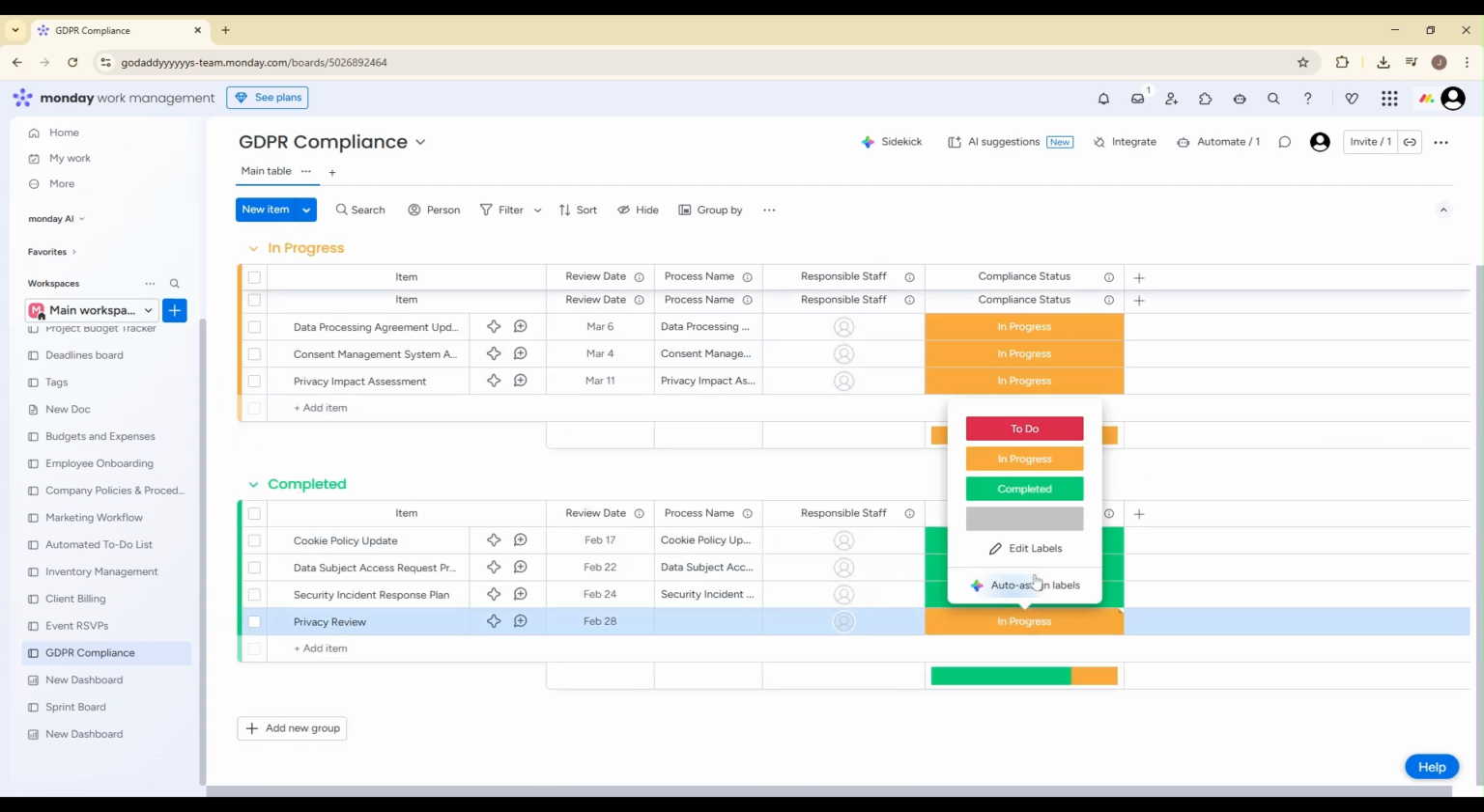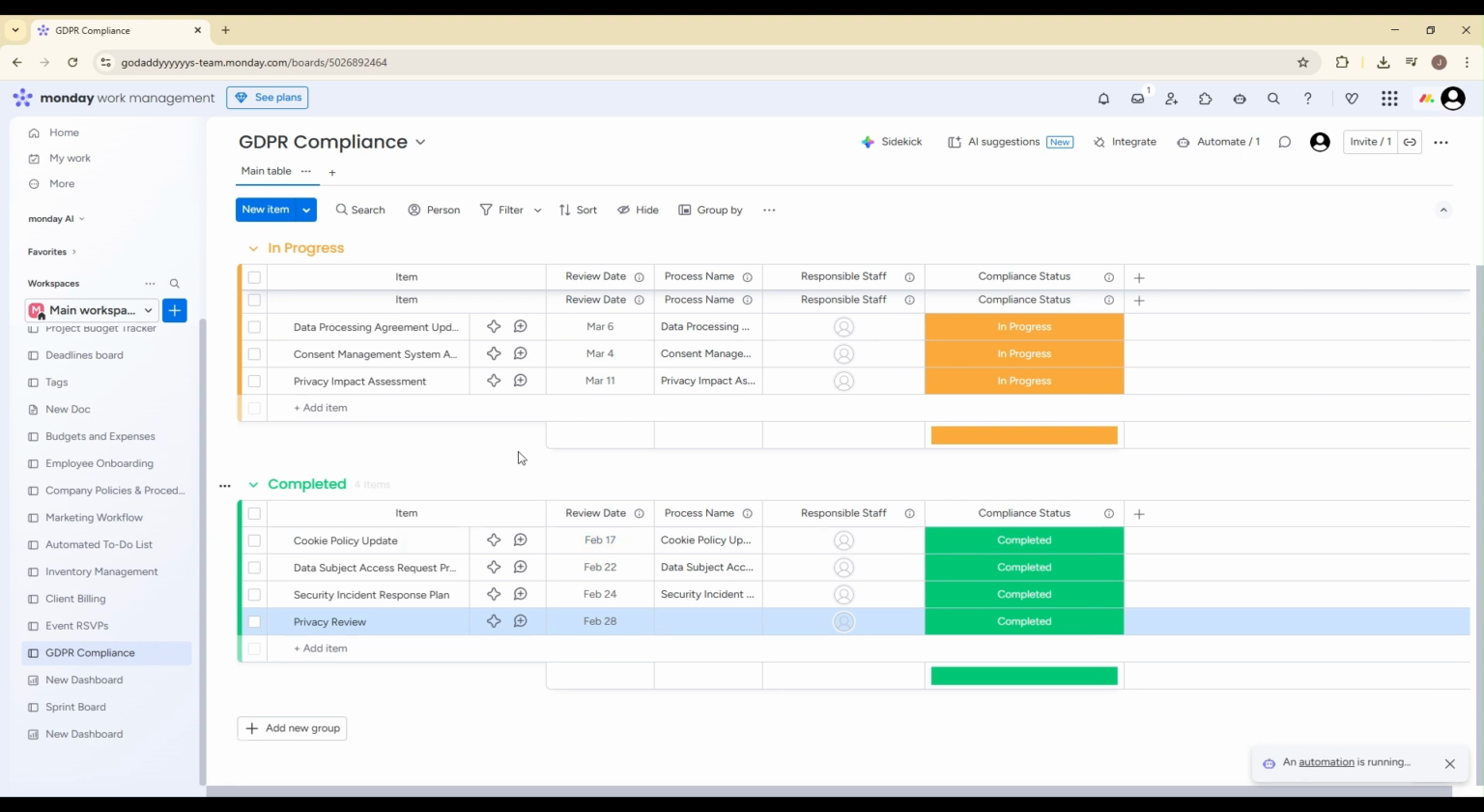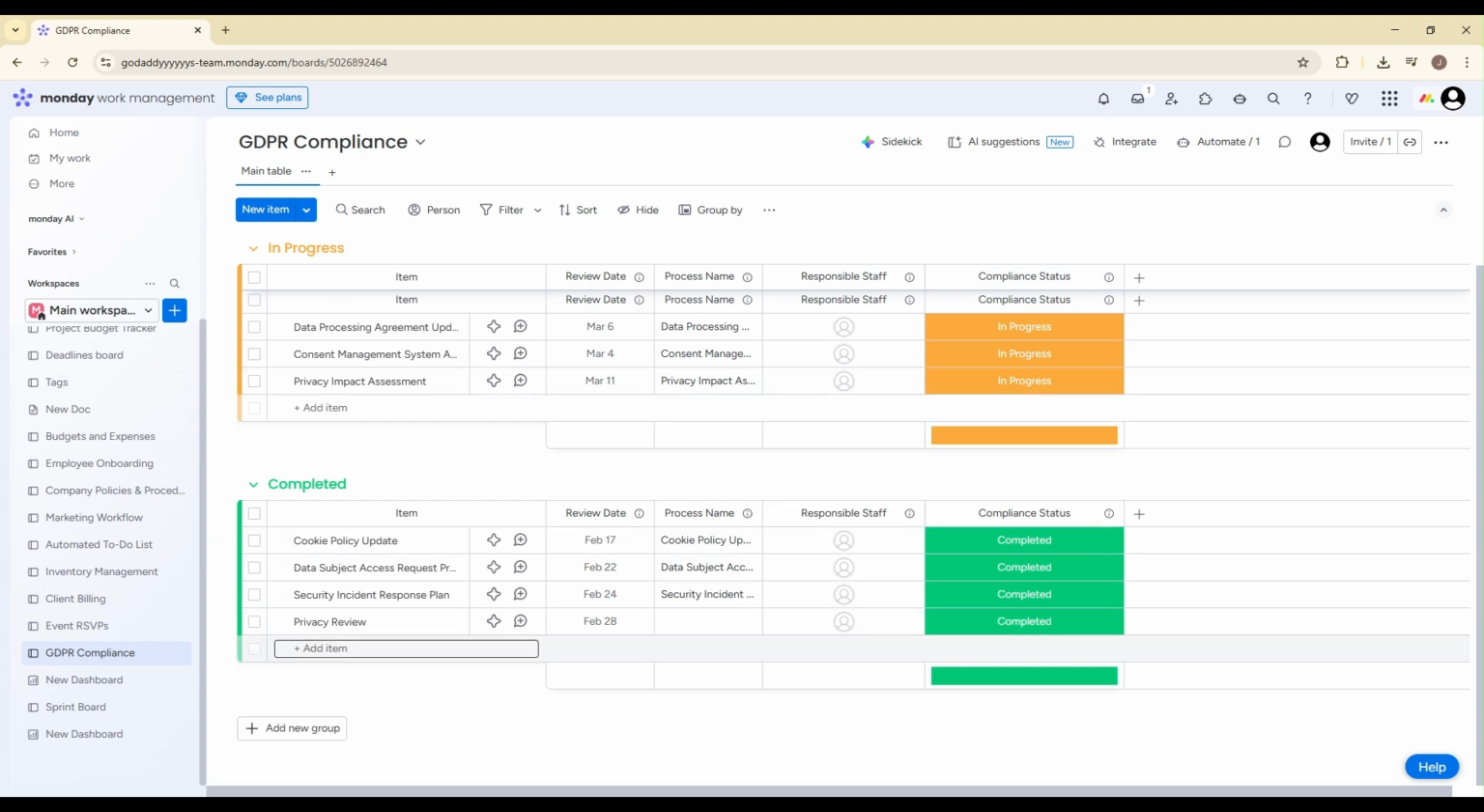Over time, this board becomes a living compliance hub that documents actions, ownership, and timelines, which is incredibly valuable during internal reviews or external audits. By setting up this structured board in Monday.com, you're not just tracking tasks, you're building a transparent, accountable, and repeatable GDPR compliance system that can scale with your organization. And that's it. You now know how to manage GDPR compliance processes with Monday.com using boards, columns, automations, and structured